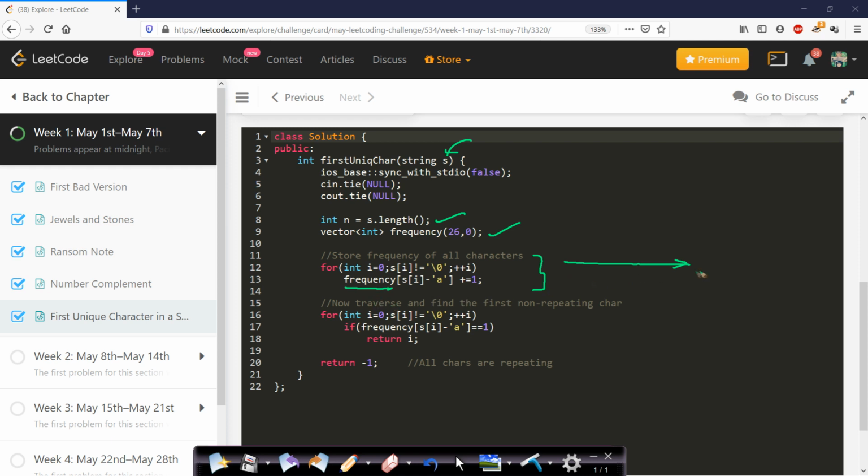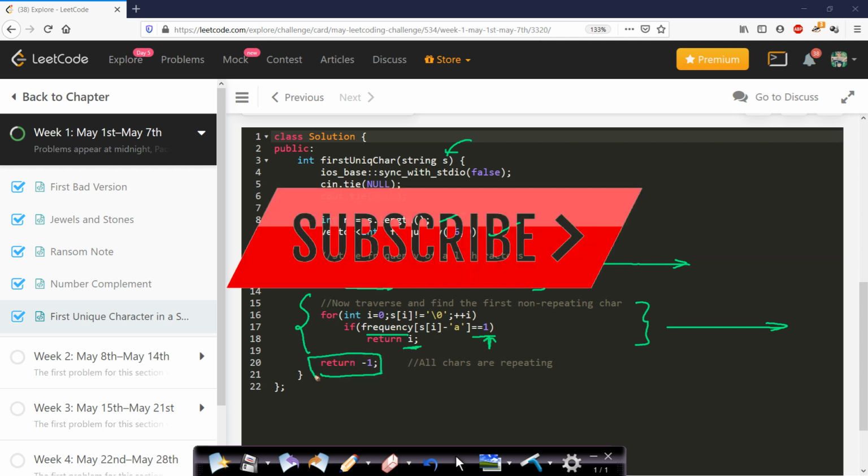After storing all the frequency values, we will again parse the string from left to right, and check if the current frequency value is equal to 1. If it is equal to 1, then that current character is a unique character, and so we will return its index i. And if by parsing all the characters we do not find any character having frequency 1, then we will simply return -1, since we were not able to find any unique character moving from left to right. So this is the entire process.